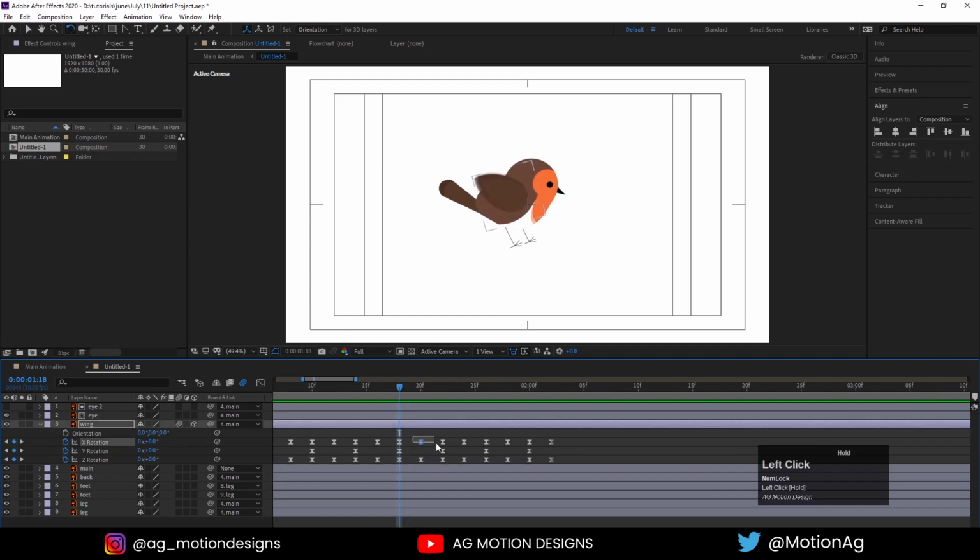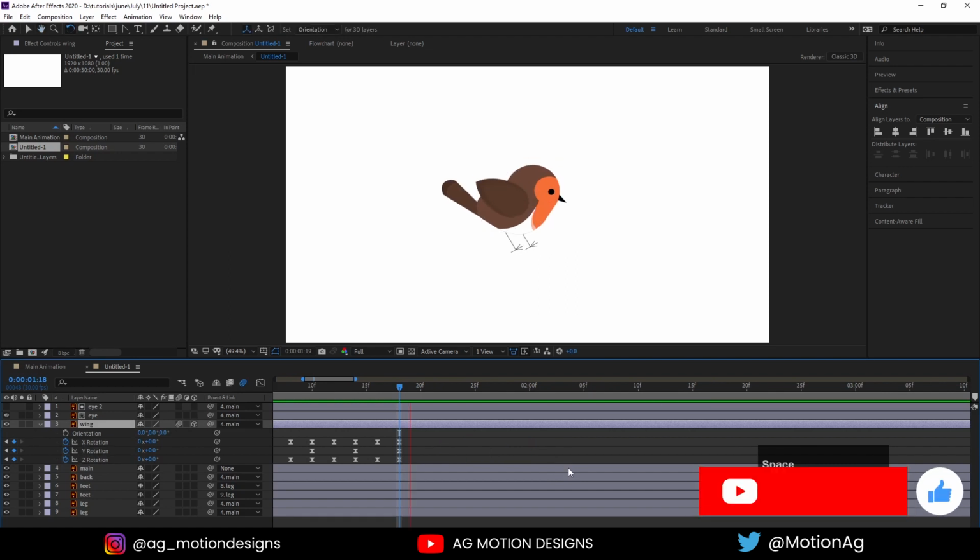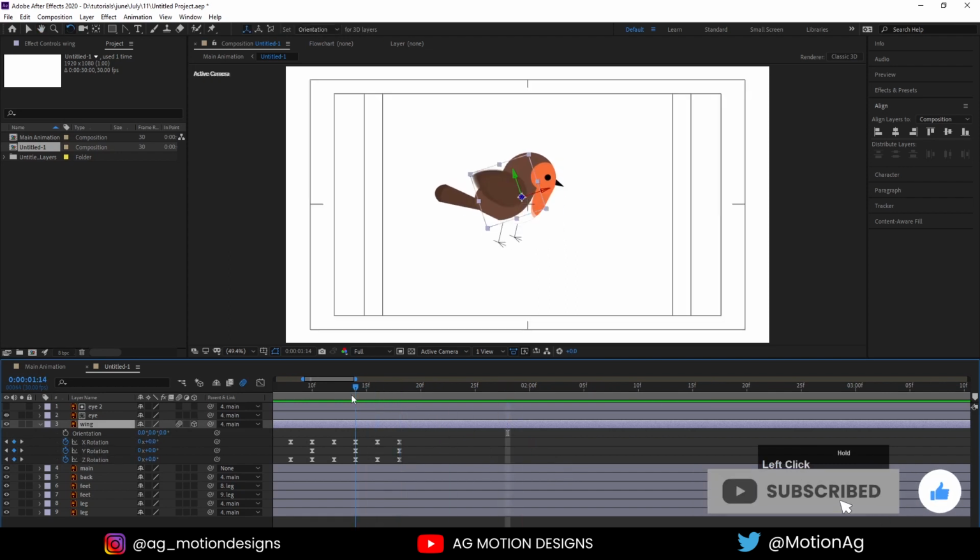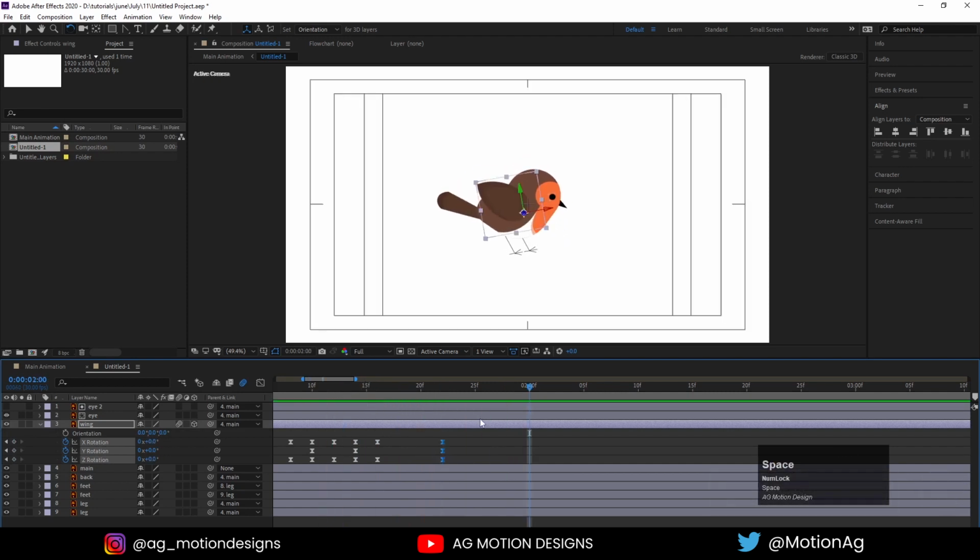At this point we need to delete these keyframes. Select these keyframes and we need to increase the distance.